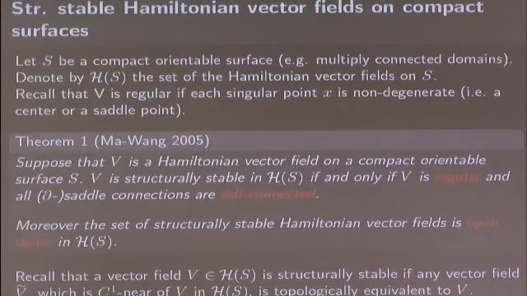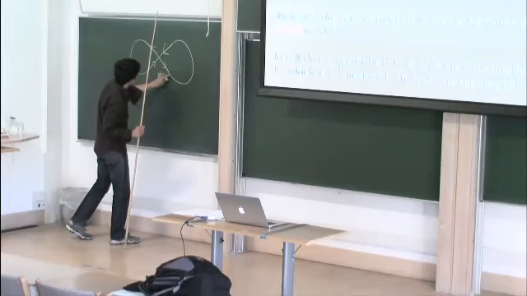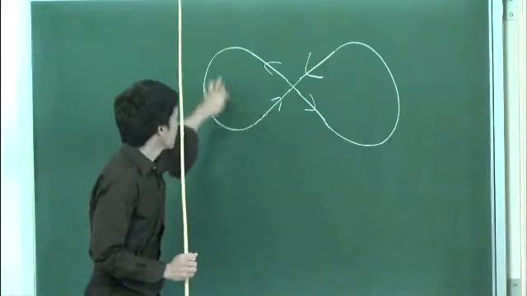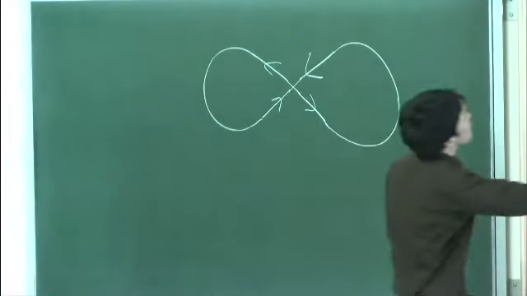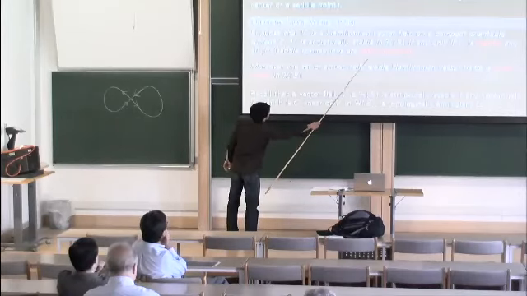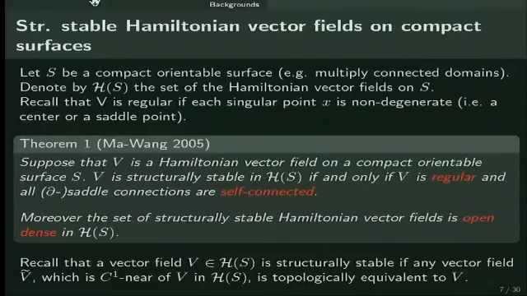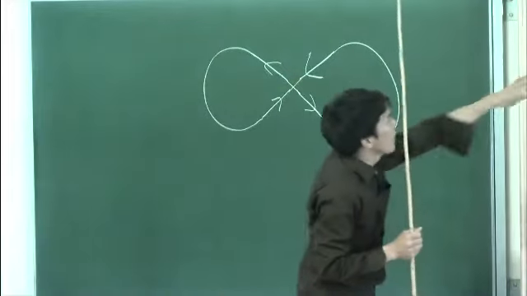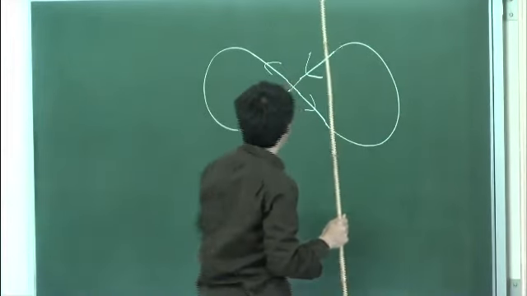Self-connected means, so first we consider a saddle connection, and self-connected means like this. They go back to themselves. So a saddle connection that is self-connected means the figure is an 8. So the figure 8 shape is a figure 8, and the boundary saddle connection is